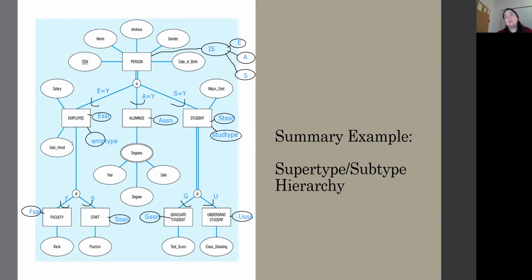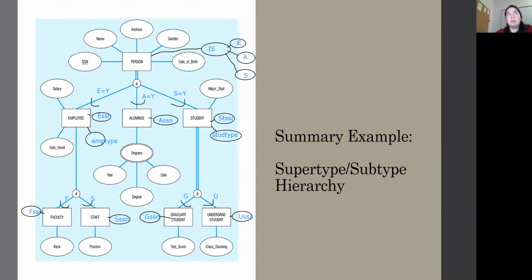So you can see how many of these attributes are actually hidden inside of the simpler original diagram that you need to think about. So if you're looking at this diagram and you're asked, okay, how many attributes does a graduate student have? Originally we started off with 1, 2, 3, 4, 5, 6, 7. Now we have 8, 9, 10, 11, 12, 13 attributes. That's a big difference. Okay, so you should be able to look at an incomplete diagram and flesh it out with all these other attributes